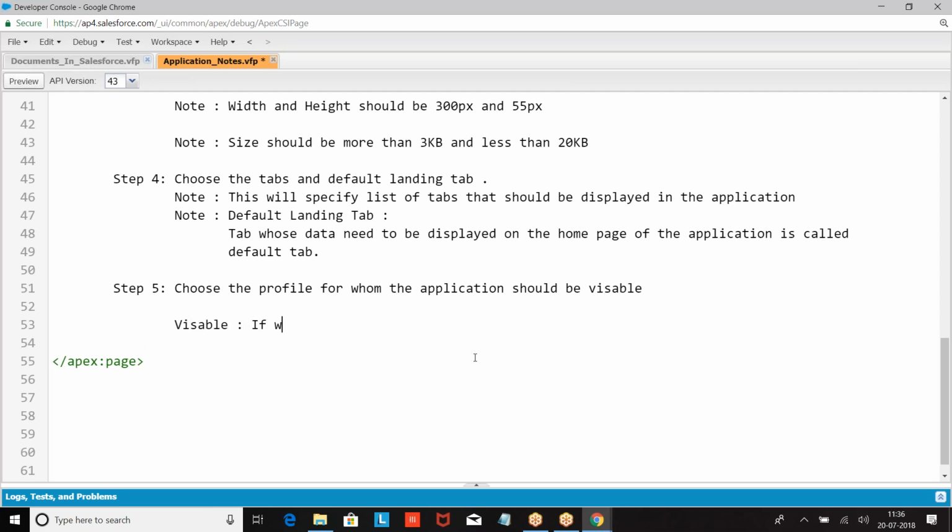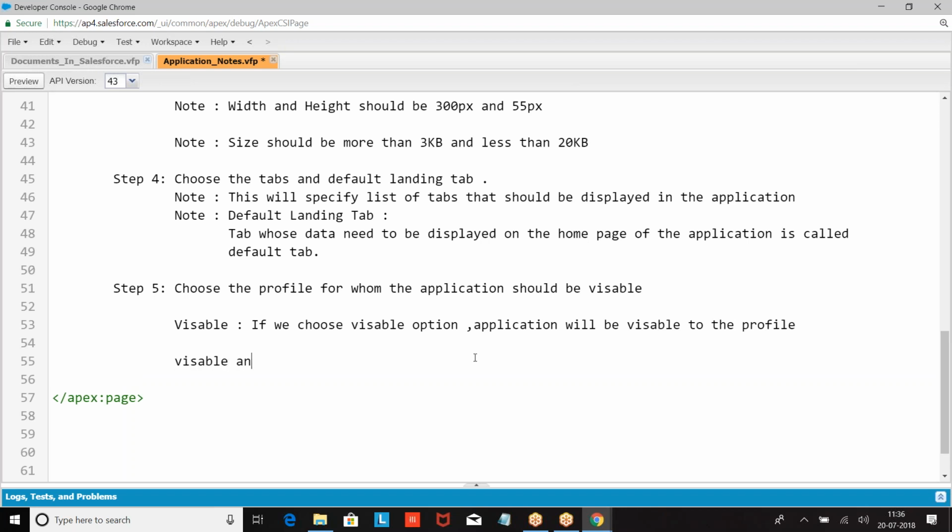If we choose the visible option, the application will be visible to the profile.